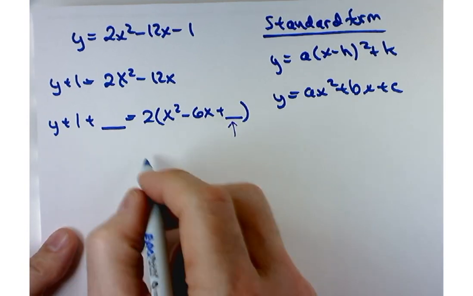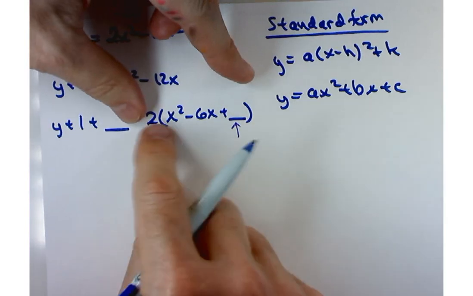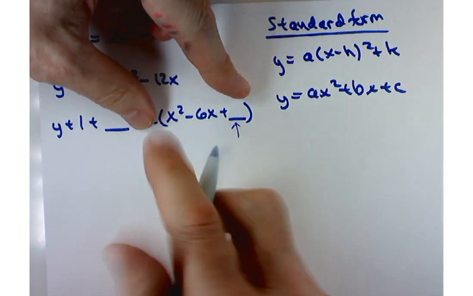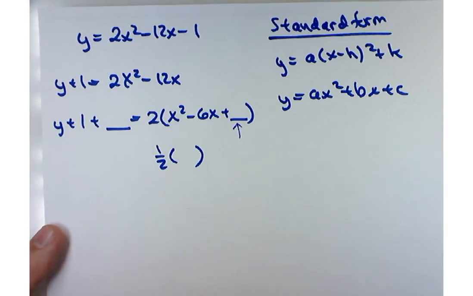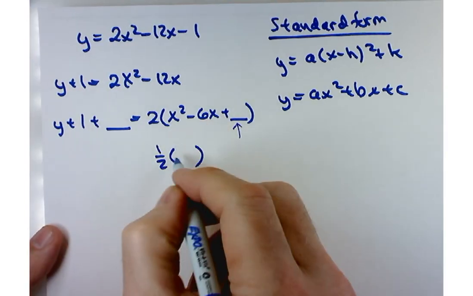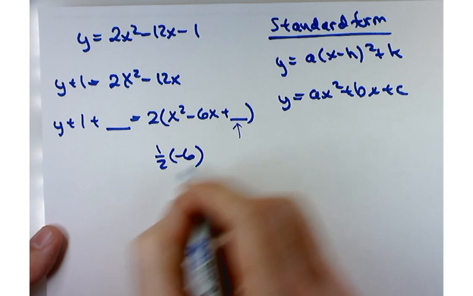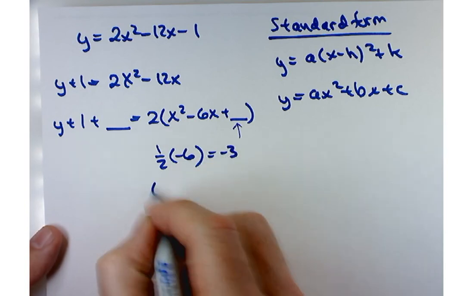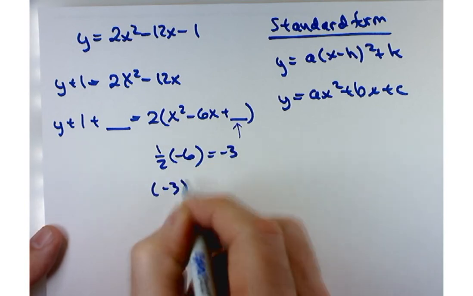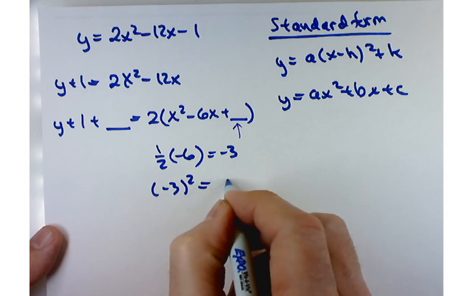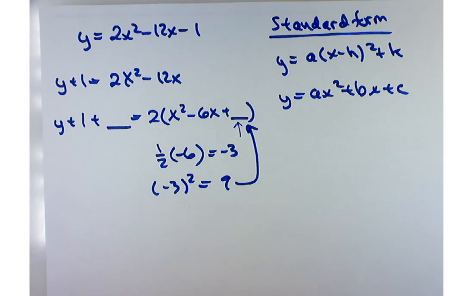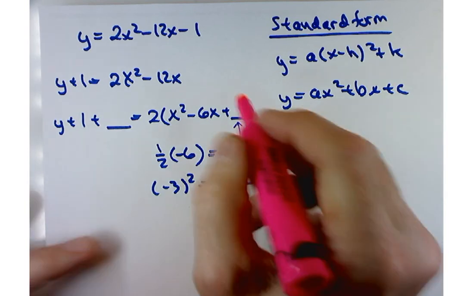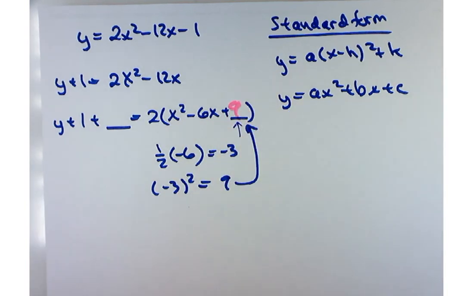So let's think. To complete the square, we're not worried about the 2 at the moment. You take half of a particular number. Half of the negative 6, good. Half of negative 6 is negative 3. Square. And square the negative 3 gives me a positive 9. So I'm going to put that positive 9 in here. So I added 9 inside there,